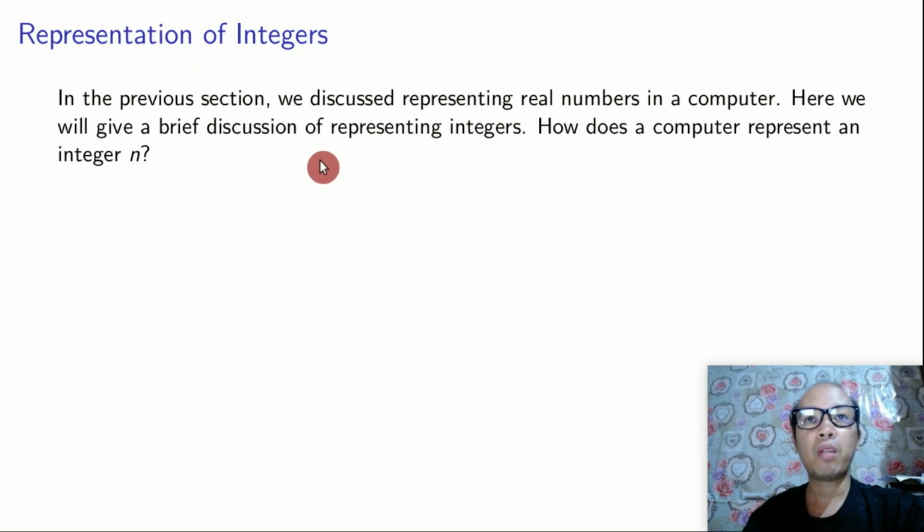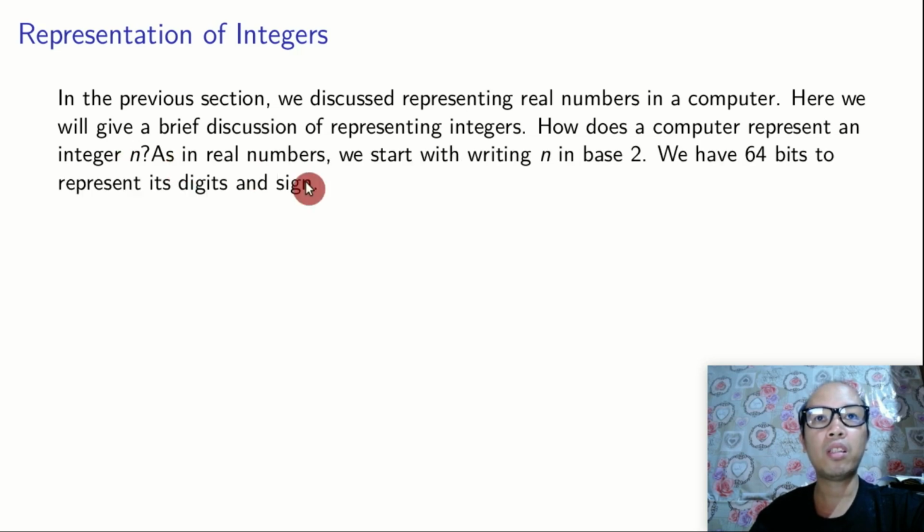We will have a brief discussion. We will not have a long discussion on how to represent the integers in a given computer. Okay, so the integer n we will denote by this symbol, script N, and then